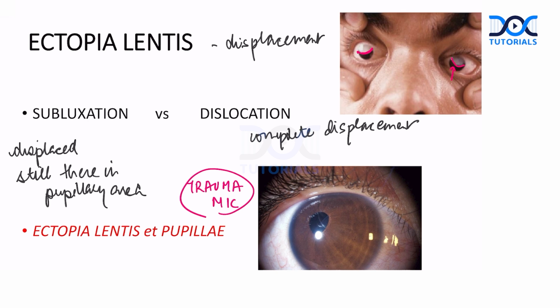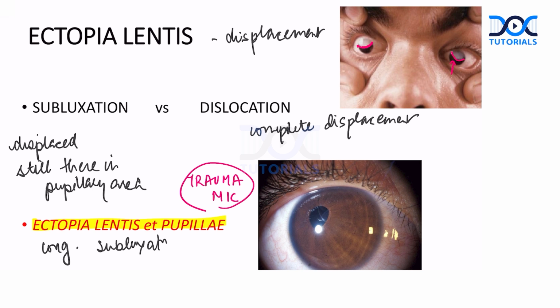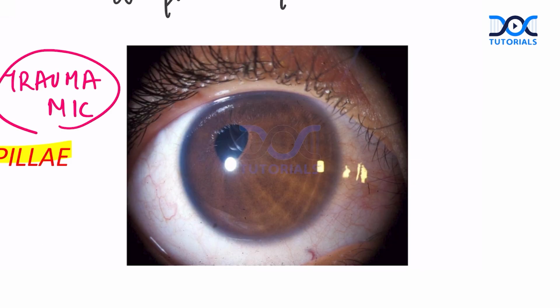Right. Now, there is a very famous question, a very famous term. What is ectopia lentis et pupillae? So remember guys, this is a congenital condition. There is a congenital subluxation or a congenital displacement of the lens where the lens is going opposite to the pupil, where the pupil moves. Now you will say, ma'am, pupil doesn't move. Yes, but see this picture, you will be able to identify yourself. Can you see there is a pupillary notching? Isn't it? The pupil has gone supratemporally. Yes. So this is your pupillary notch.